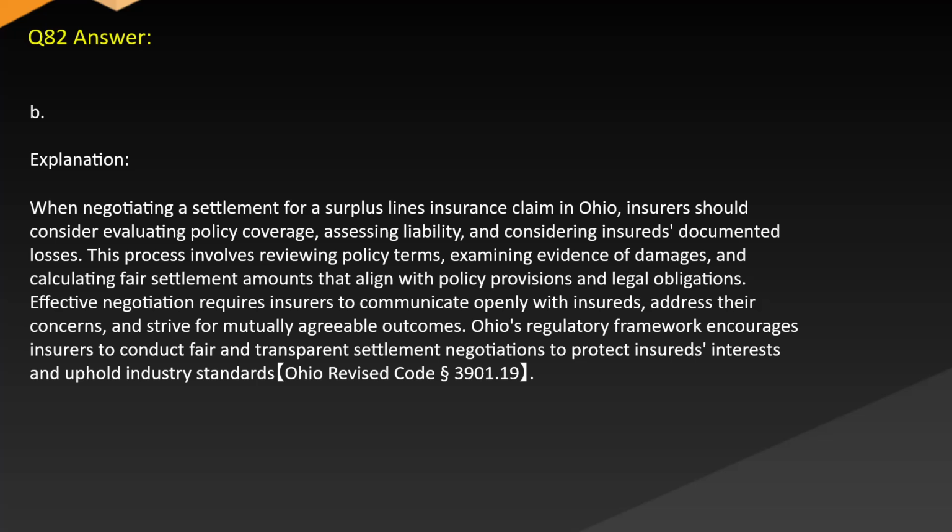Effective negotiation requires insurers to communicate openly with insureds, address their concerns, and strive for mutually agreeable outcomes. Ohio's regulatory framework encourages insurers to conduct fair and transparent settlement negotiations to protect insured's interests and uphold industry standards. Ohio Revised Code